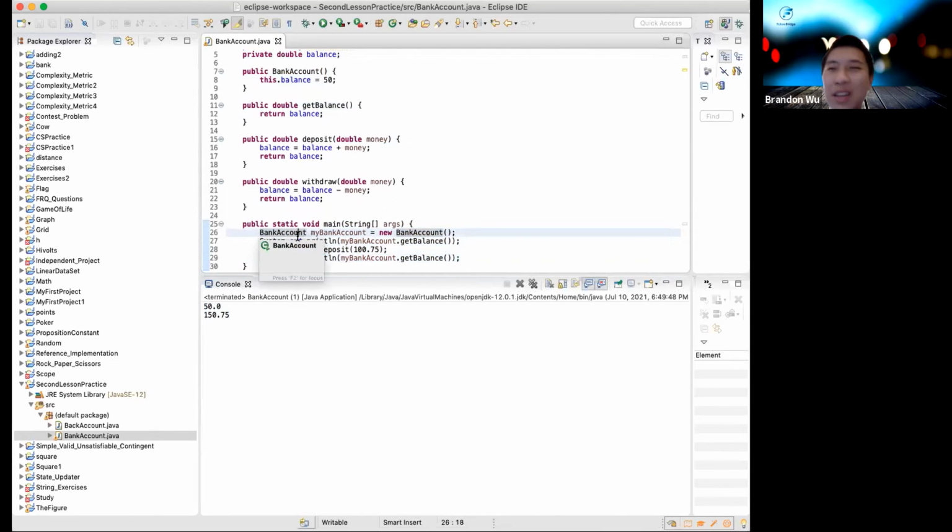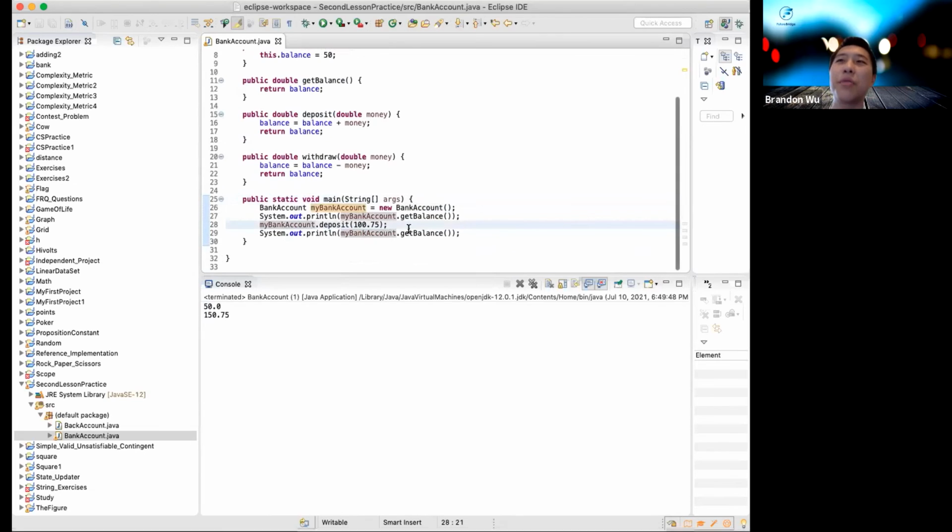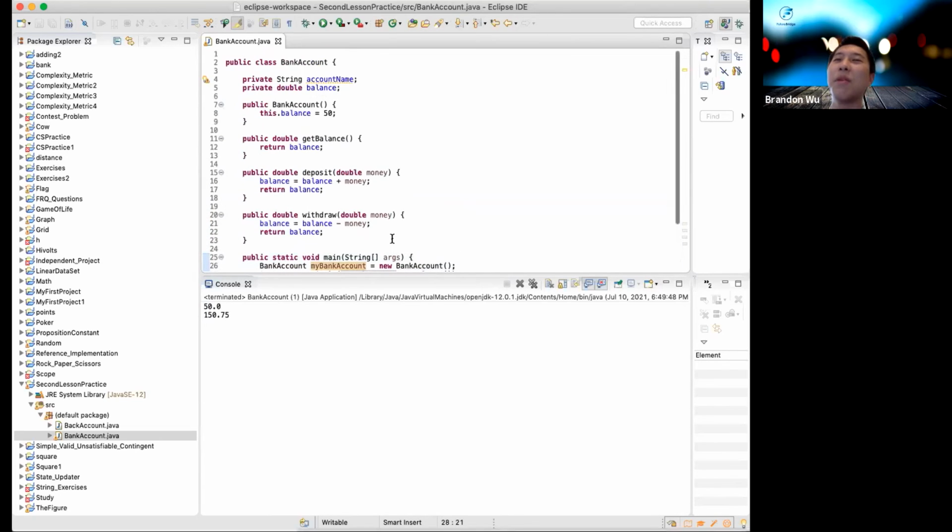So I hope everyone was able to follow that, and maybe you can recreate this on your own. Probably some of you already did this. I can't really see what you guys have done, but yeah. Another thing is I didn't really use this account name. So here you can actually use this account name. Instead of only having the balance in the constructor, you can have a parameter called